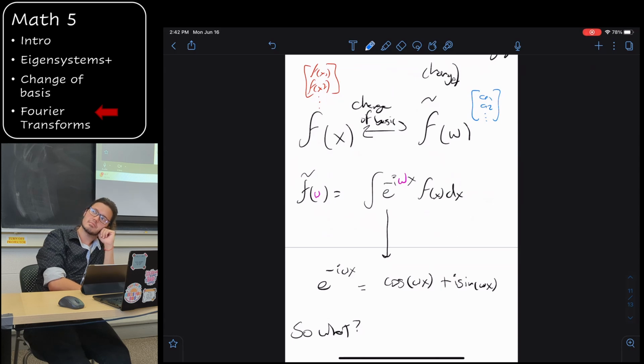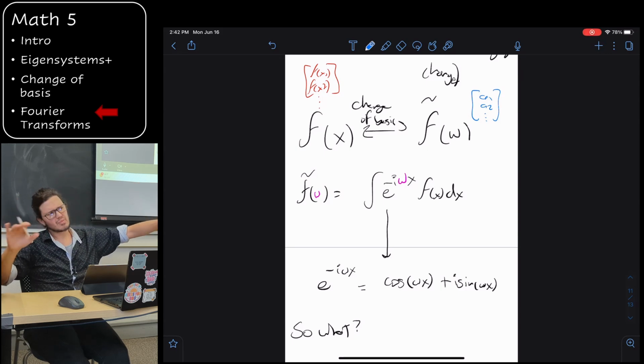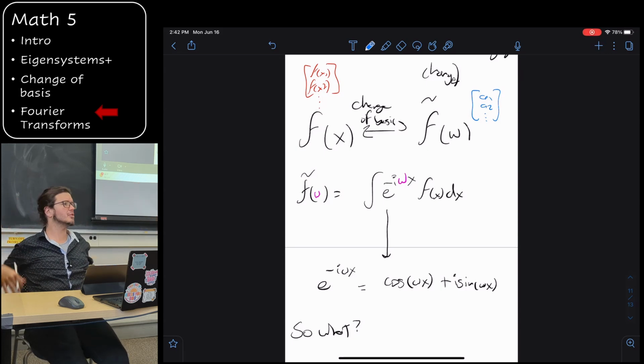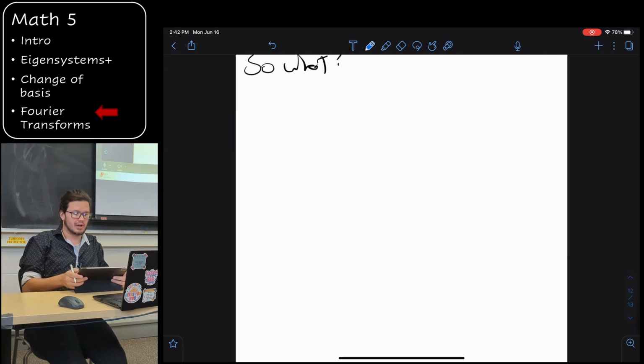Yeah, that is true. If I was thinking of the problem of the rope, then that is super clear. Suppose that I don't have the problem of the rope. I have something else in which I have a function of x, and suddenly one of your professors or one of your colleagues says, oh, what we need to do is a Fourier transform. For example, what if you have the differential equation